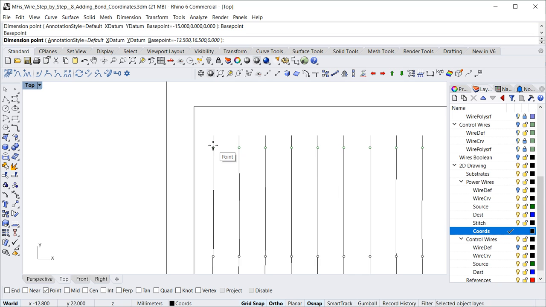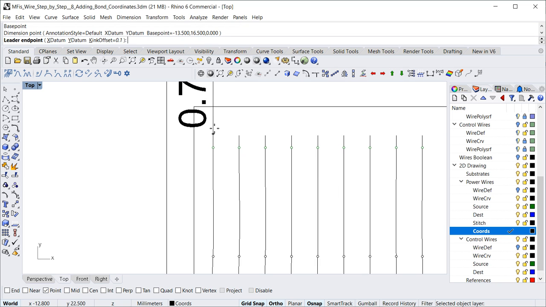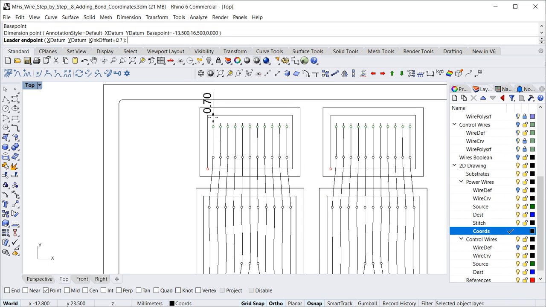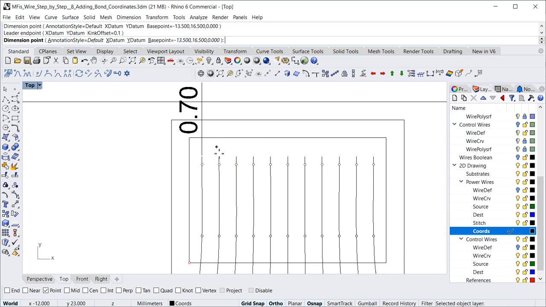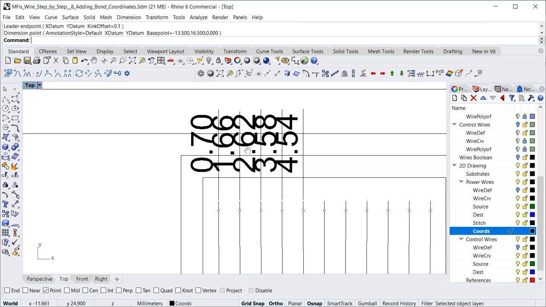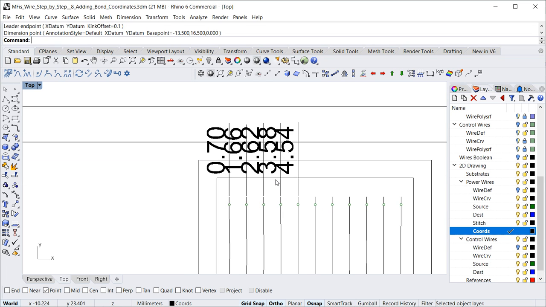So I can just click here and just drag to where I want to have my coordinates displayed. It looks like these are just too big. I want to have the text a bit smaller. We can do this under dimension,